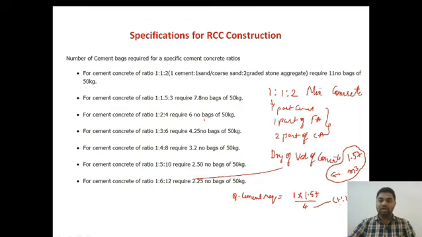1:1:2. If you add 1 plus 1, 2, 2 plus 2, 4. So 1 into 1.57 by 4, the quantity of cement is around 1 into 1.57 divided by 4, which is 0.3925. We know that the density of concrete is